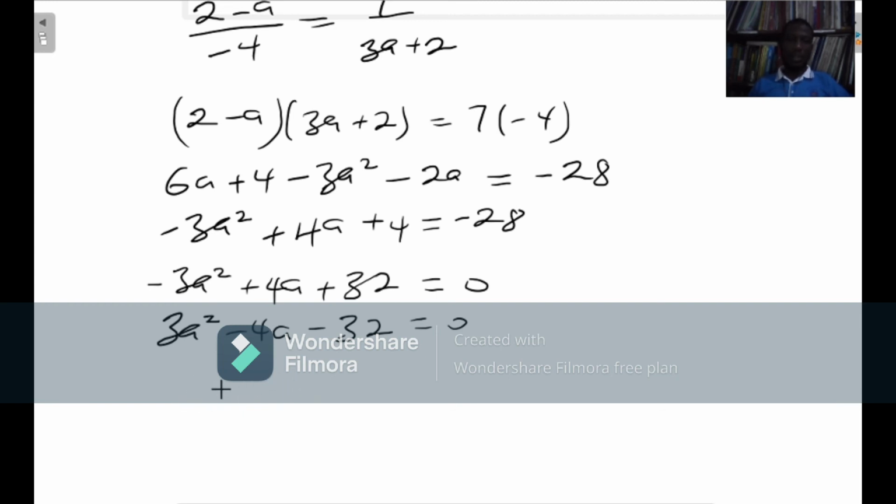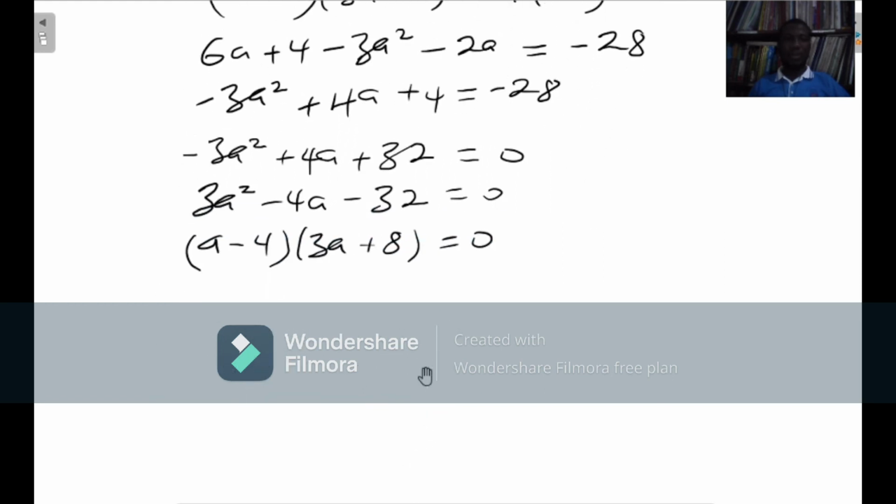So factorizing, we are going to have (a minus 4) multiplying (3a plus 8) equals 0. And this one, I didn't take my time to do it because I already have a video on